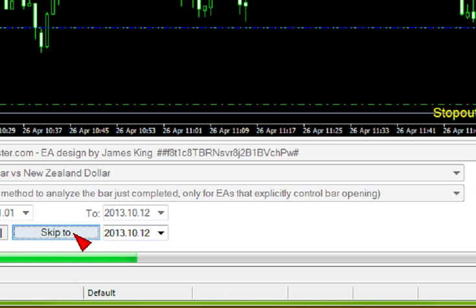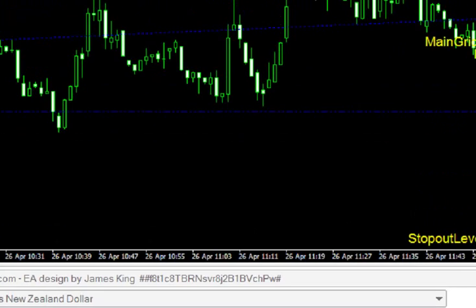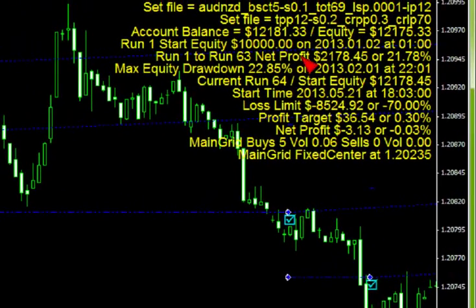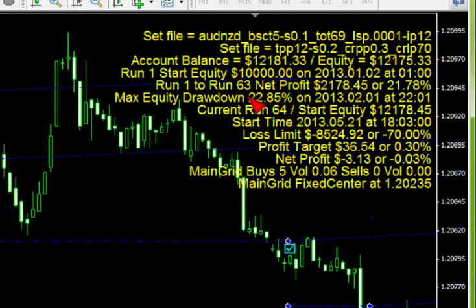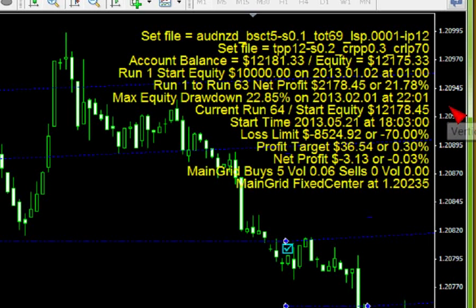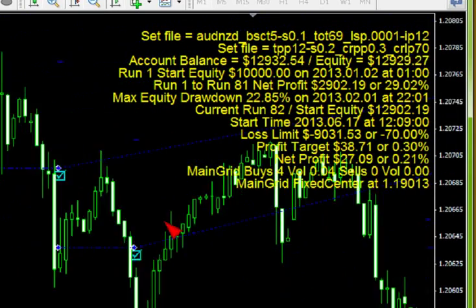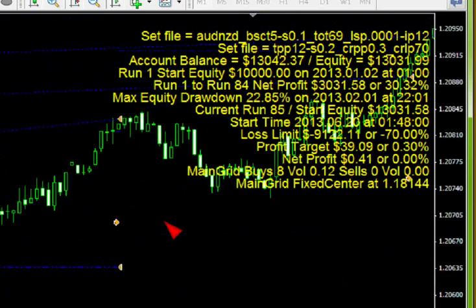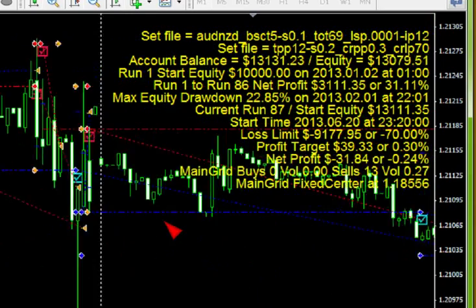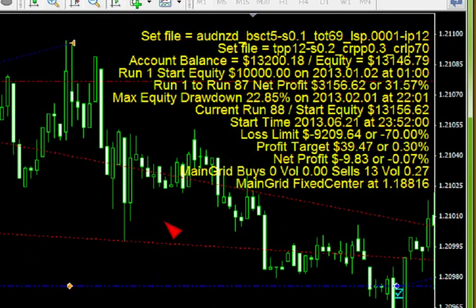Now, it's actually processing in the background. You see the green line zooming forward. Now you can actually just double click the screen and you'll get the latest figures. You'll see where now it runs 63 and a profit of 21.78. Double click again. And here now we're at run 71, so you can see things are processing very fast in the background. You can use the right arrow on your keyboard and move forward. You won't catch up with what's going on in the background, but you might be able to catch up simply by